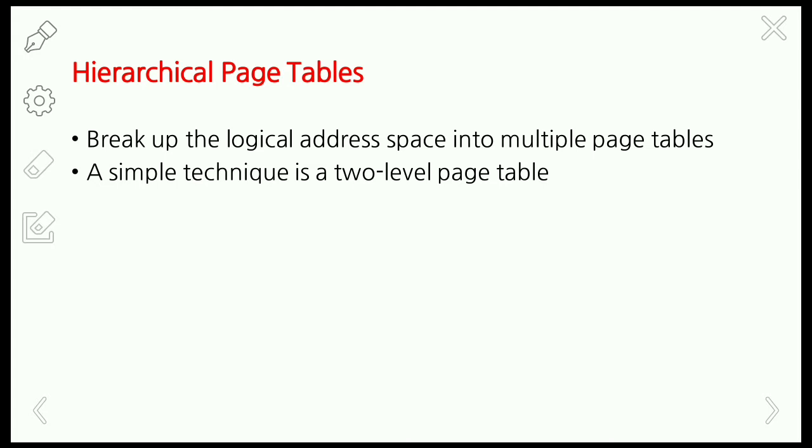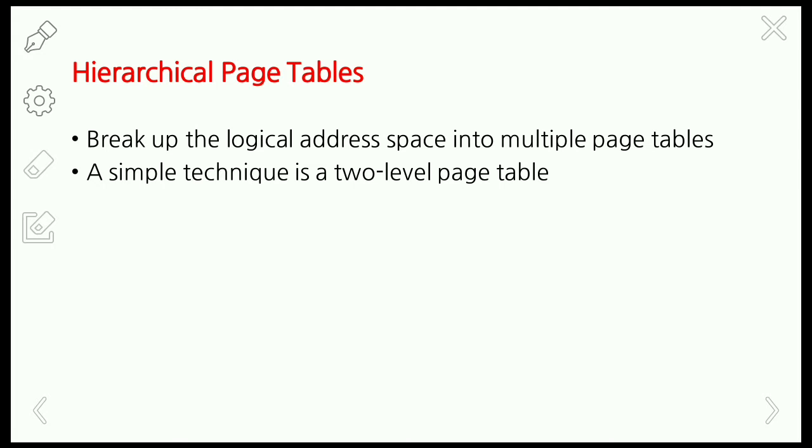In order to maintain the index of those divided pages of the page table, we maintain another page table, that is the outer page table. It is the page table of the page table. This type of page table is also called the forward mapped page table, since the address translation works from the outer page table inward.